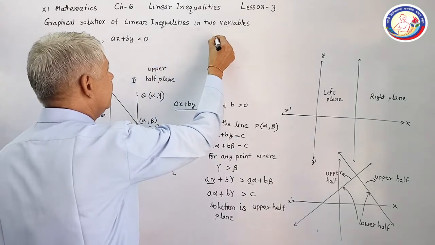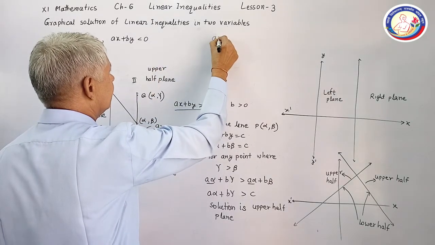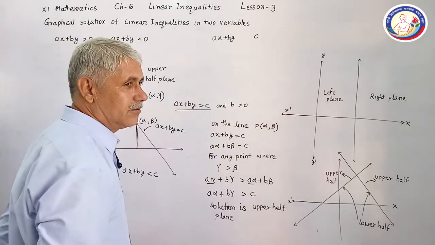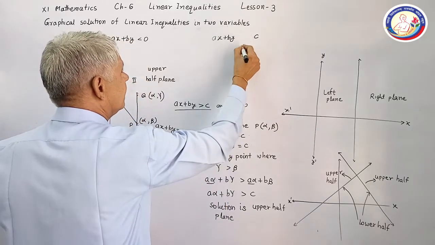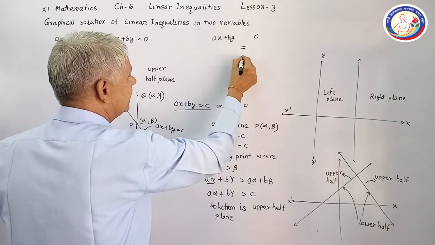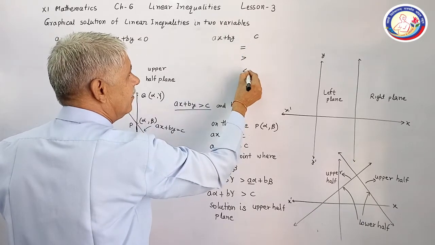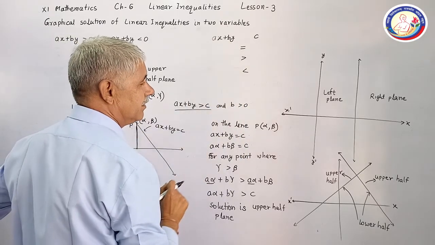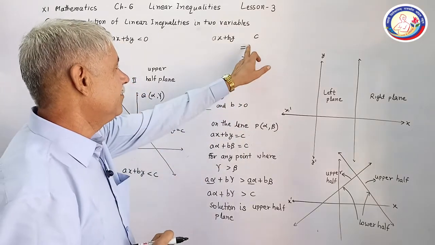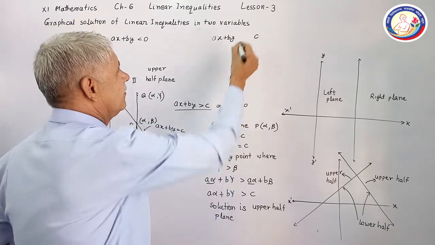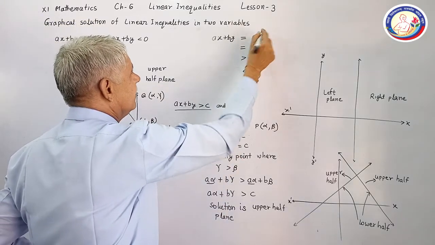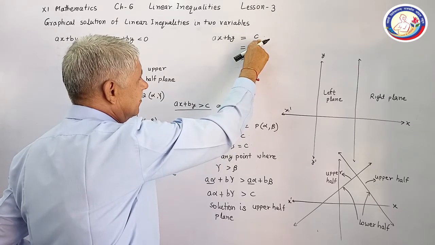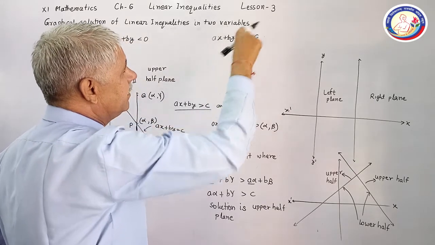If this is an expression and this is a constant, they may be equal, the right hand side may be greater than the left hand side, or the right hand side may be less than the left hand side. If the condition is equal to, then this is called a linear equation in two variables,